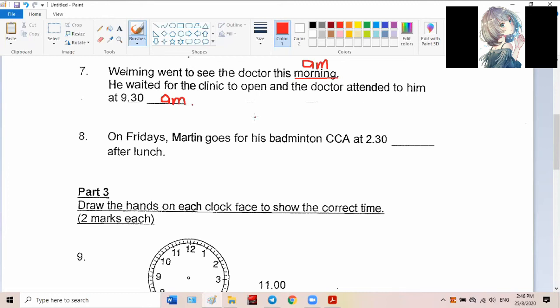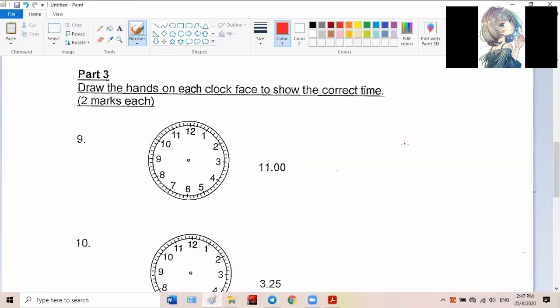On Fridays, Martin goes to his badminton CCA at 2:30 what? After lunch. Lunch is AM or PM? PM. Yeah, PM. So 2:30 PM. If you write AM, you're all very sleepy, sleeping in a bed, the sky is dark already. Get it? Okay, draw the hands of each